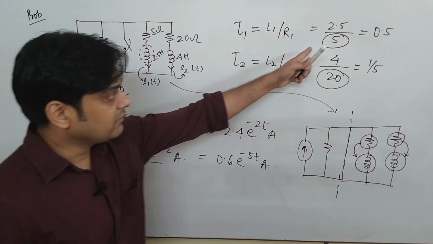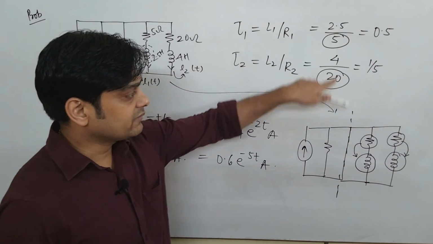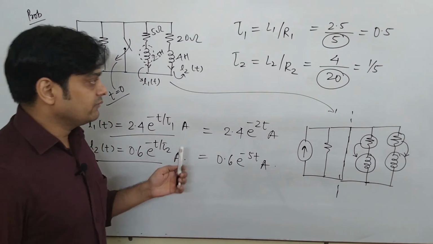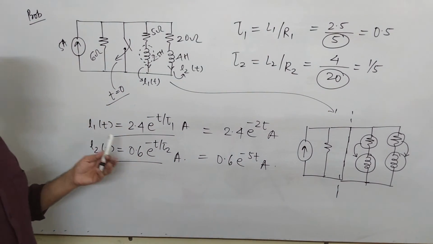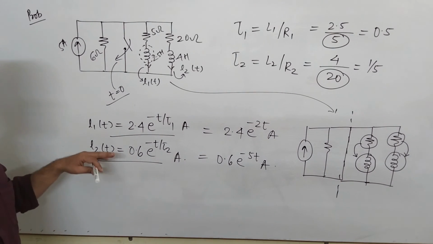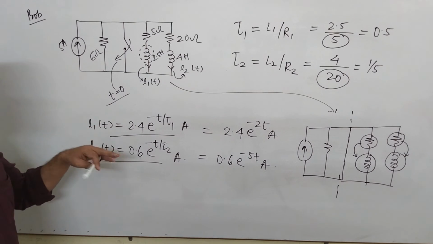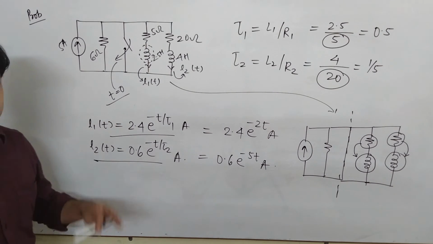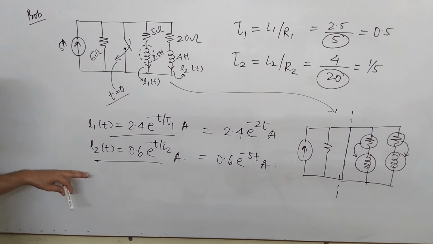Okay, and that's why we have applied here the value of R1 is 5 ohm, the value of R2 is 20 ohm. So just keep in mind, this is one different type of problem. Maybe this type of problem is asked in the GATE examination, and you will become confused how to solve such a problem. So this is the way to solve. Okay, so this is all about this problem. We go for the next problem.